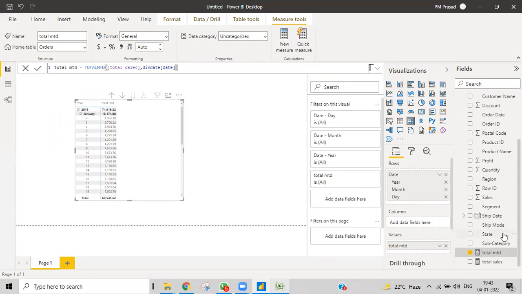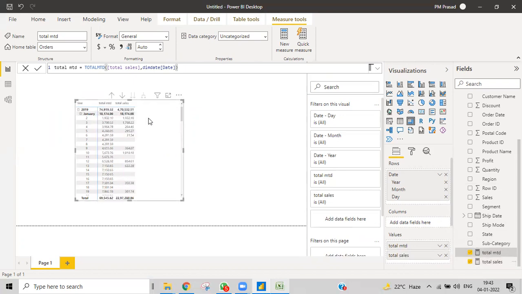And then I'll give the total sales also, not only MTD, so that you can understand what's happening. You can see the sales of the second date is 1900, and the sales of the third date, January 3rd, is 1700. In MTD, you can see that particular total includes these two values; it added the two values and shows it here.